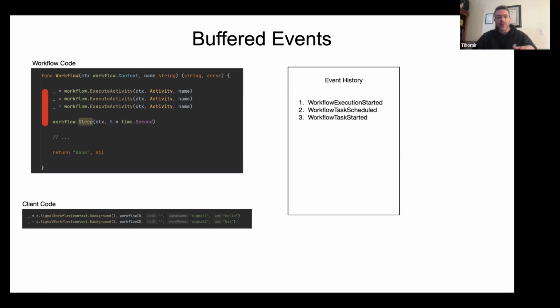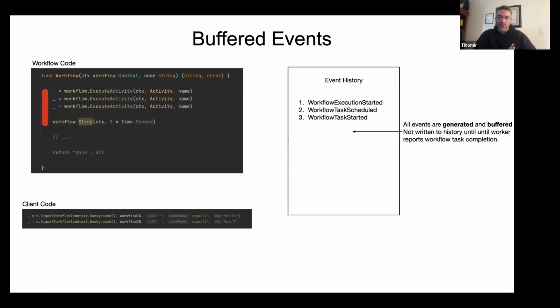So in this case, on the bottom left, we have a client that sends 2 signals to this workflow execution. Now, these are 2 new events that have to be delivered through our workflow, so through our worker, so it can actually call our workflow signal handlers to handle these events. So the workflow task, as we talked about, is actually a contract. One of the parts of this contract is that